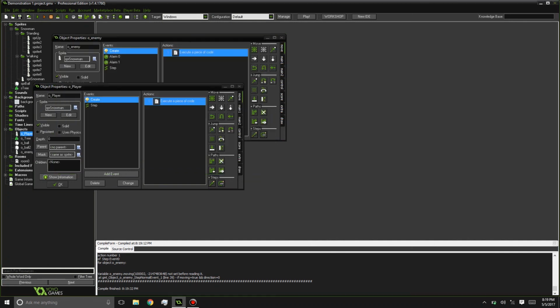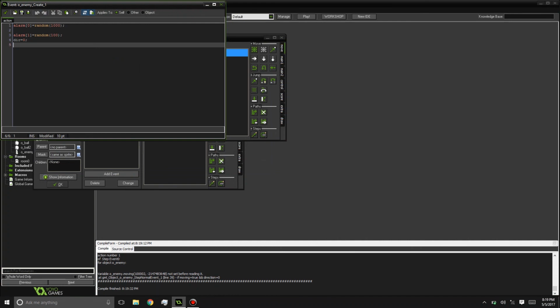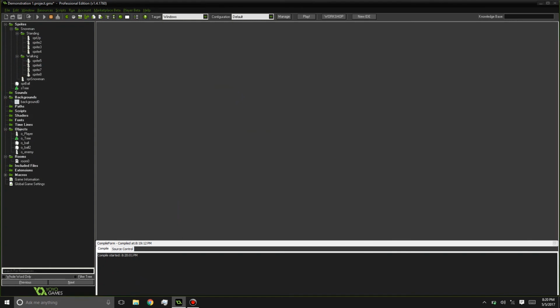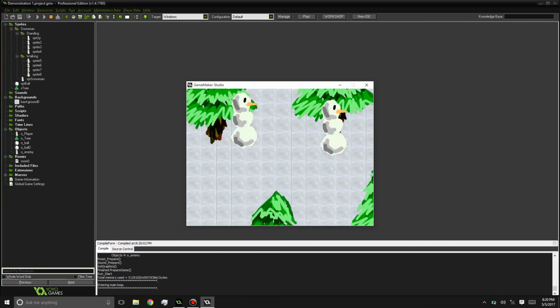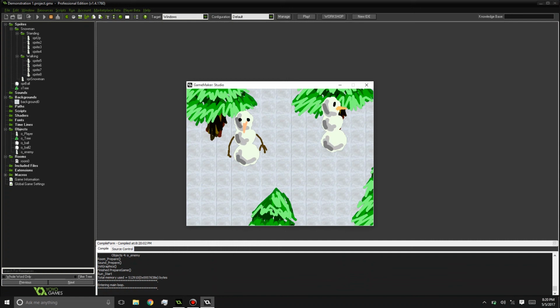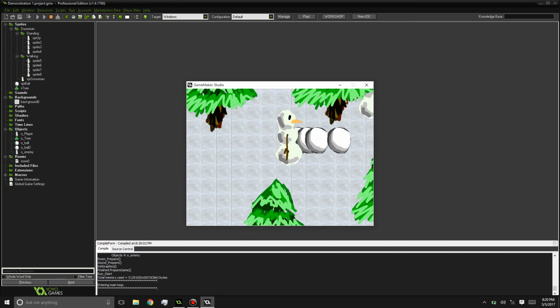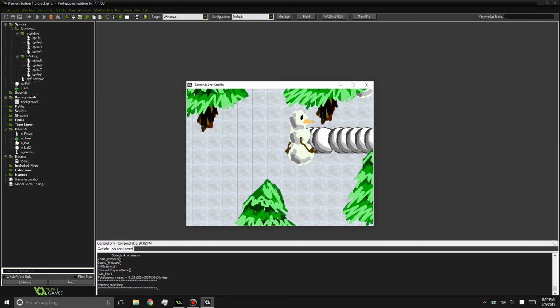Okay, so we got 1, 2, 3, and 4. Alarm 1 equals random 200. Nope. 200. And direction equals, let's see here. Direction equals choose 1, 2, 3, 4. And to start it off,